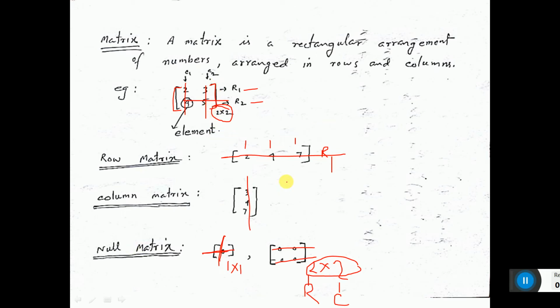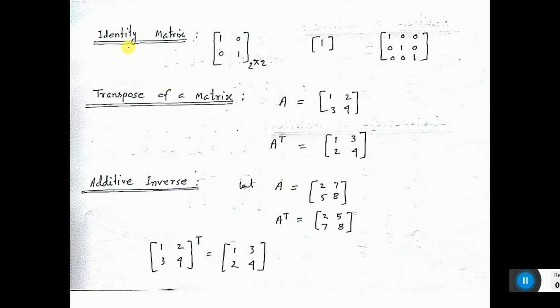Next we'll learn what is identity matrix. Identity matrix means the main diagonal elements will be 1, 1 and other elements will be 0. You see 1, 1, but other elements, this is 0, this is 0. So this is the first row, this is the second row, so I have written here 2. Again column, see this is the first column, this is the second column. So here also 2. So order is 2 cross 2, that is a second order identity matrix.